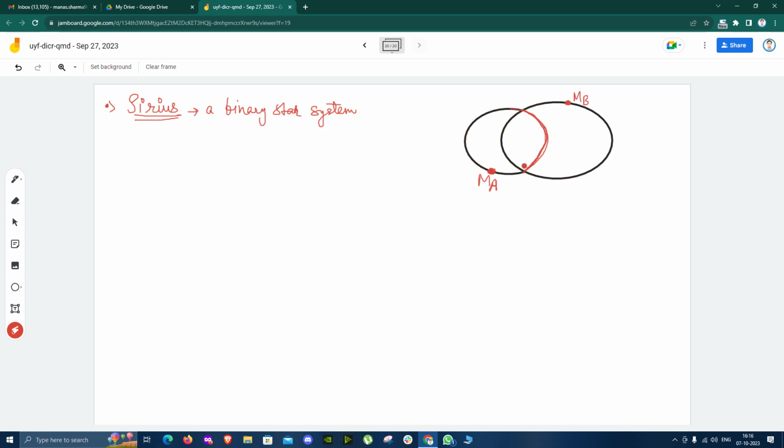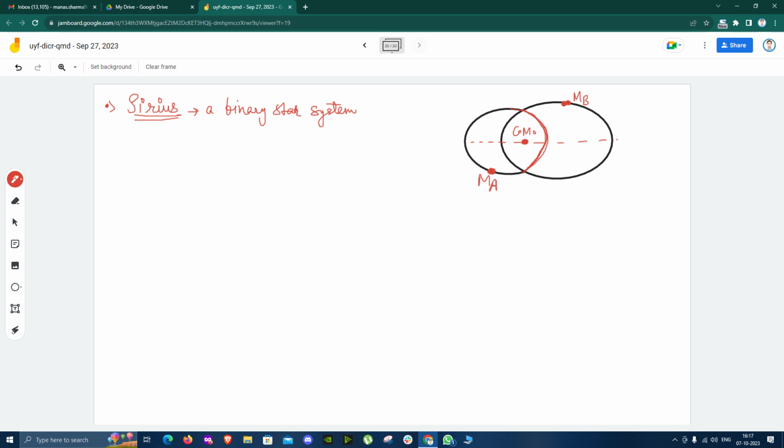See, they're not simply revolving around each other. They are following elliptical paths. They are not actually revolving around each other, but around a common center. That's the interesting part here. That's what makes it a center of mass motion, because they're actually revolving around a center of mass. Let me draw it a little. There is an axial line here, and there is the center of mass. They both revolve around the center of mass, just like Earth and Moon.